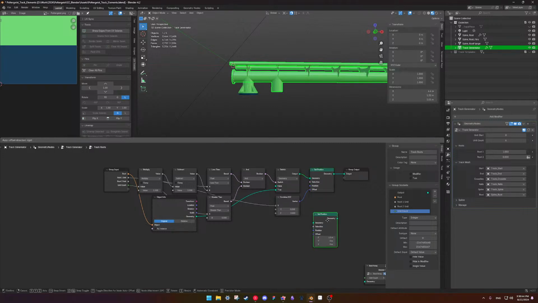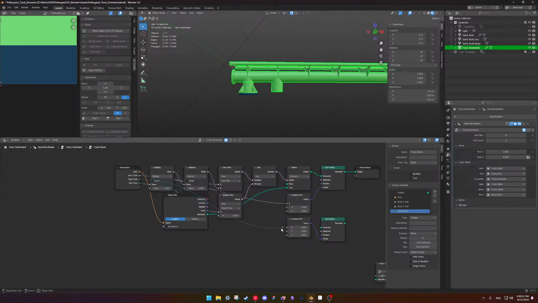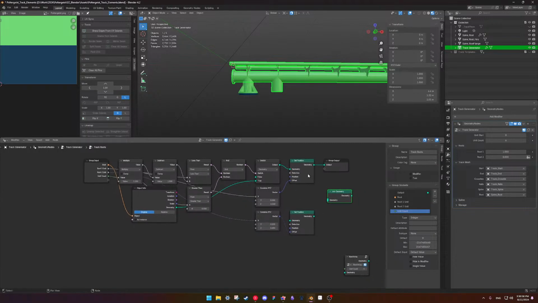If I duplicate this and this offset, unit 2, I do that, and then I do a join geometry. Whoops. And put this in there.